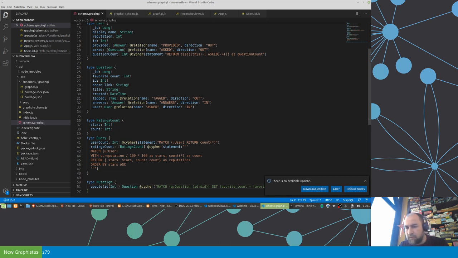Favorite count +1. And of course this is q dot, and this is the statement. So we have a question, and then we increment the favorite count